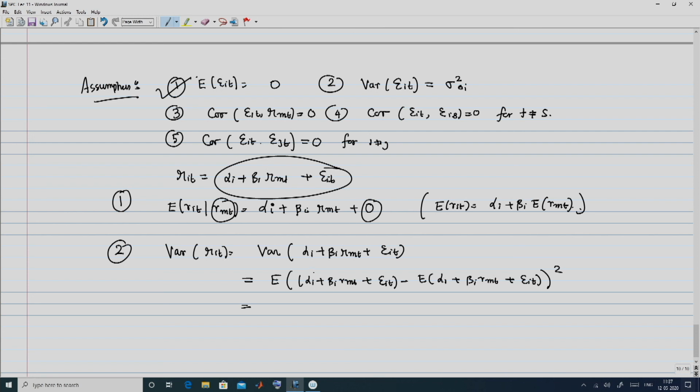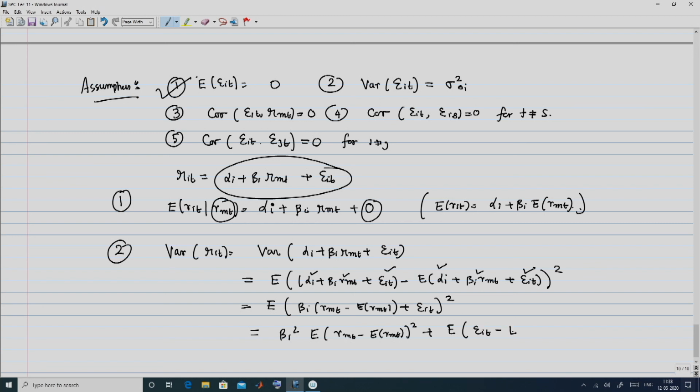Now, here this alpha_I and this expected value of alpha_I will cancel out. The beta_I R_MT terms will combine to give me beta_I into R_MT minus E R_MT. And here epsilon_IT minus its expectation is just epsilon_IT, since the expectation is 0. So, this square is going to give me beta_I square into the expected value of R_MT minus E R_MT whole square, plus the expected value of epsilon_IT